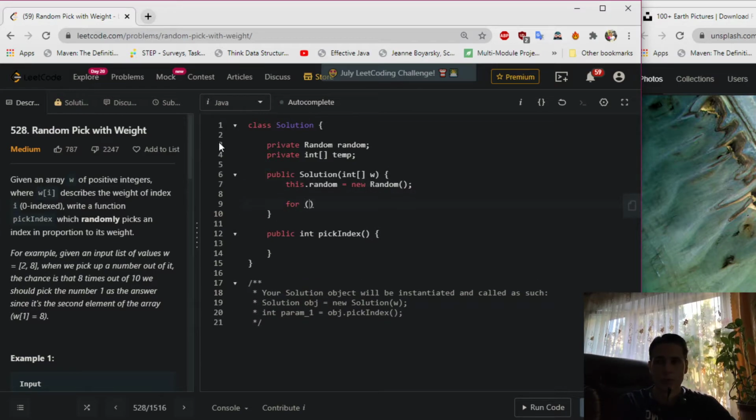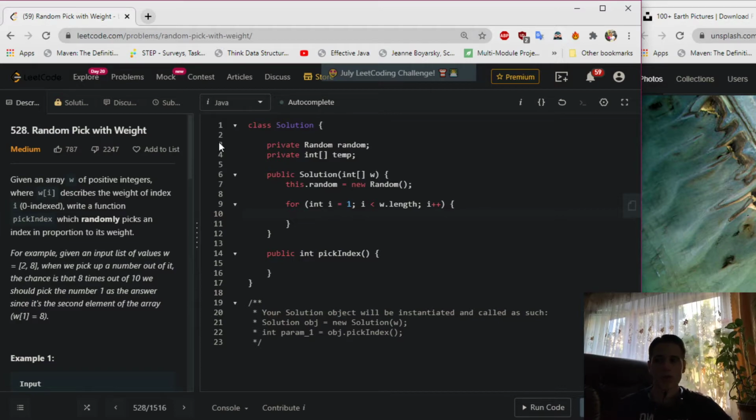and we create a for loop. Int I is equal to 1, I is less than W dot length, I plus plus. And what we're going to do is modify this W array such that the array is accumulated. What I mean is that we say W at the position of I is equal to W at the position of I minus 1,